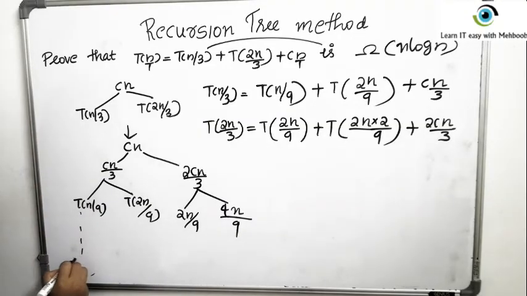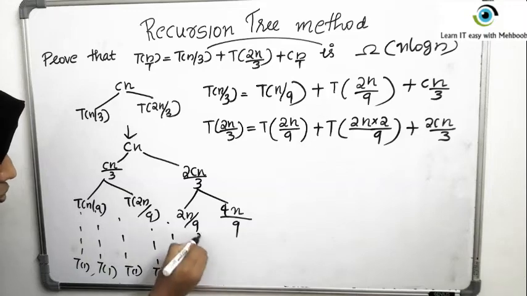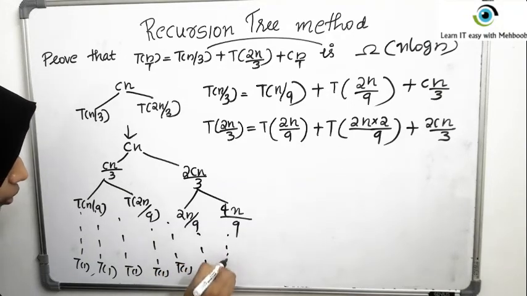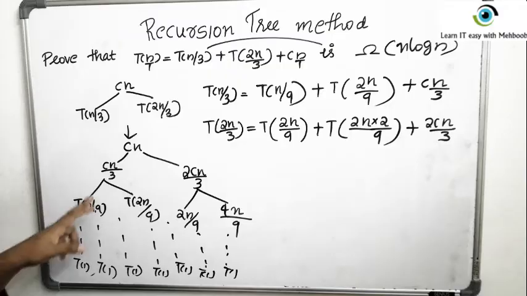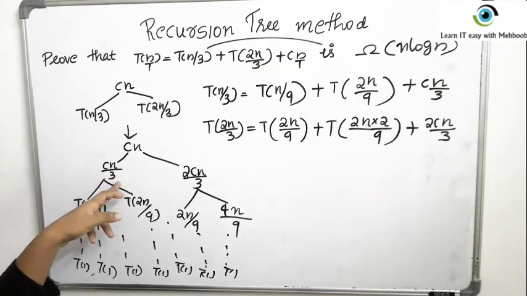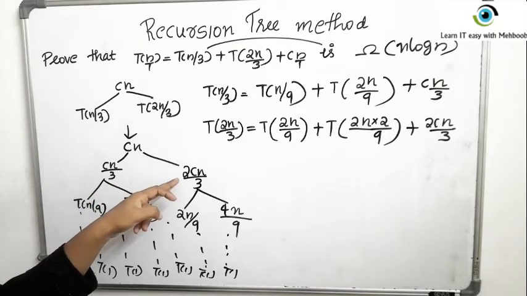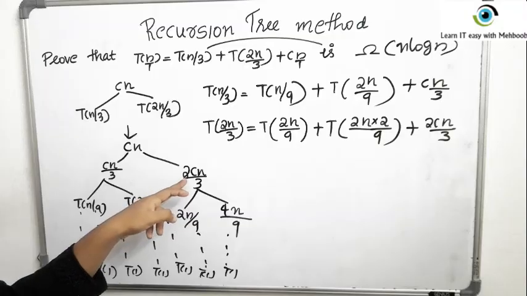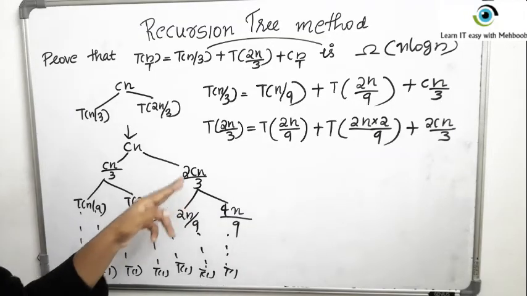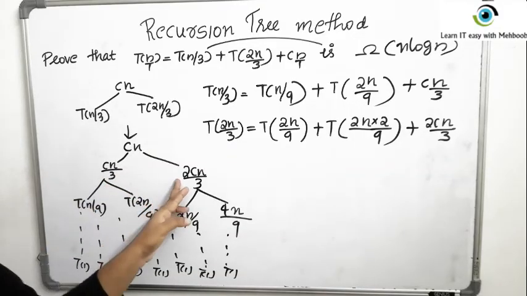And it goes on, and all the sub-branches will converge to 1 at some point in time. So it goes on like this. So different branches grow at different speeds. Hope you understood that, isn't it? Because here it is converging at the rate of Cn by 3, and here it is converging at the rate of 2Cn by 3. That is, here the denominator is same but the numerator is greater here.